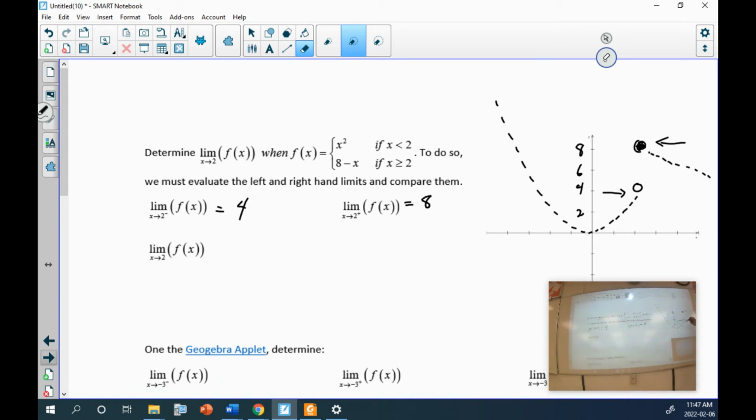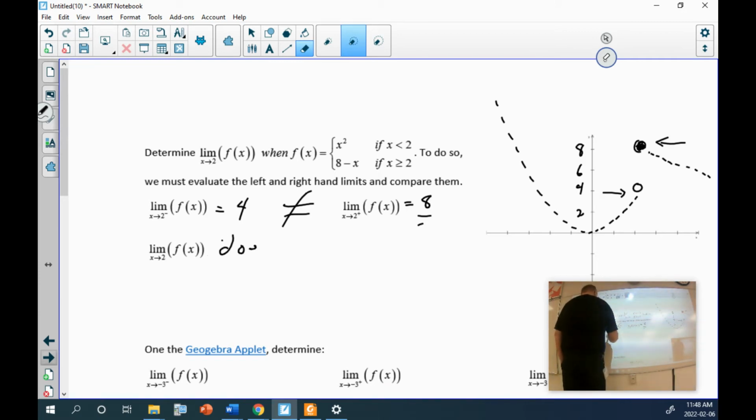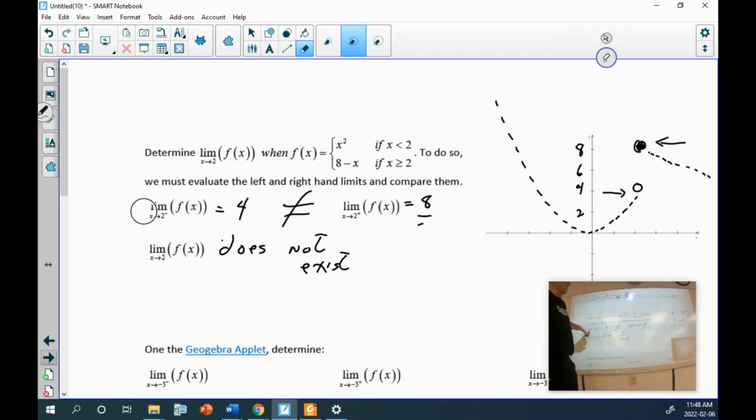My y value starts getting closer and closer to 8. Therefore, since these two do not match, they are not equal to each other, so this limit does not exist. A right-hand limit exists, a left-hand limit exists, but since they don't match, there is no limit for this function